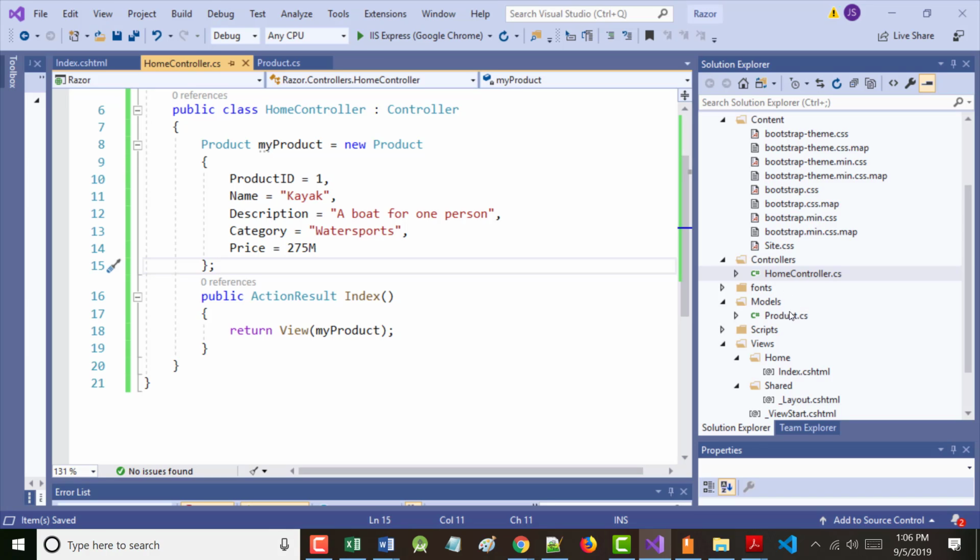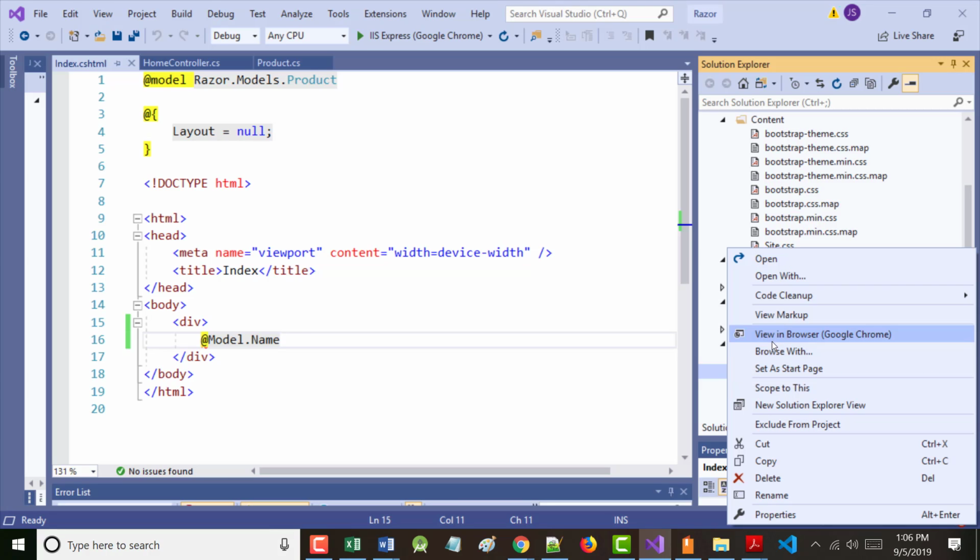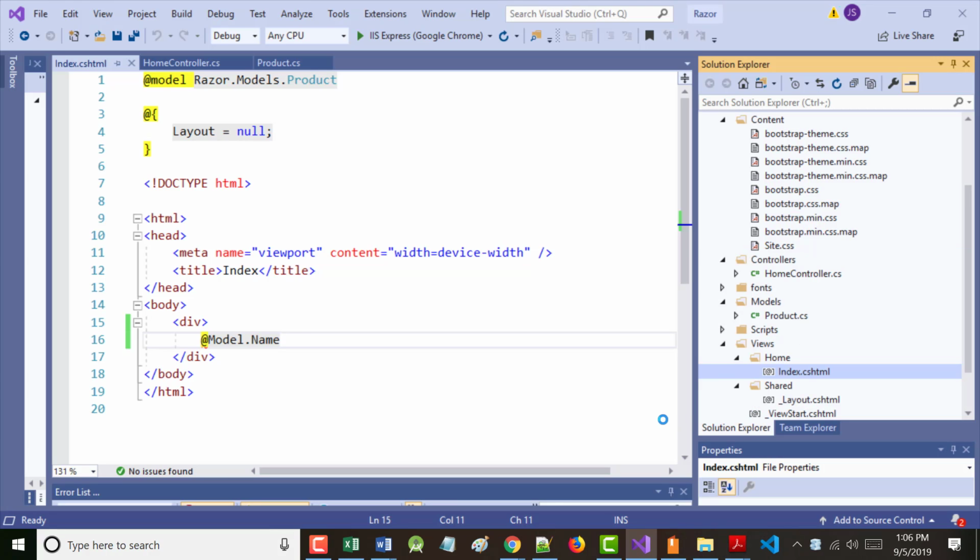I'm going to go back over to my index.cshtml. I can run it from here, but I'm just going to right mouse click and choose View in Browser, and hopefully it'll bring me right there. Notice Home, Index. It says Kayak. Everything's cool so far. Again, that's not gee whiz.